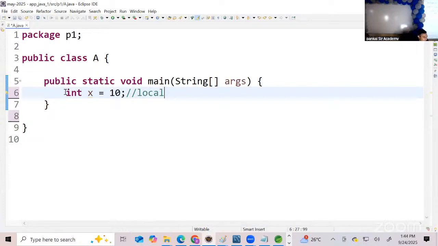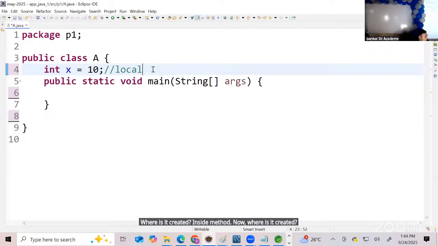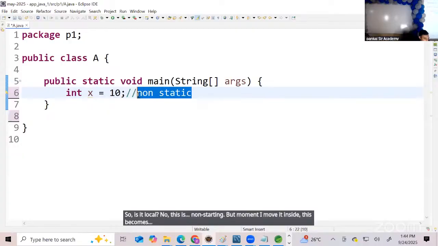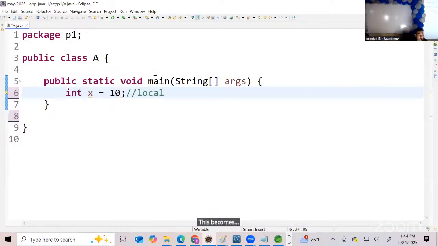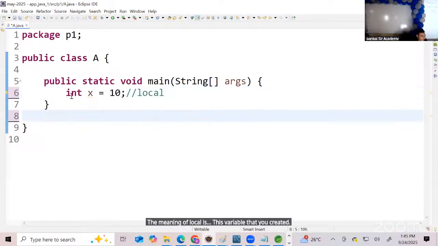So is it local? No, this is non-static. But the moment I move it inside, this becomes local. Now what is the meaning of local? This variable that you created is going to be accessible